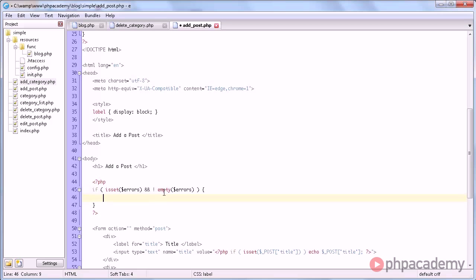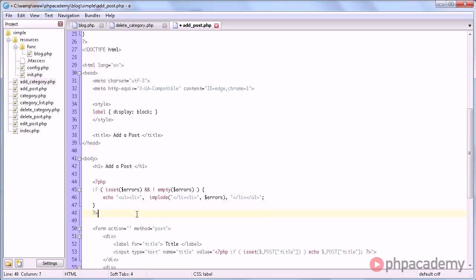What we're going to do here is we're going to echo an unordered list. We're going to open it, then we're going to close them, and in between we do implode. This is a very useful function, I love it. And we say end of list, list, and errors.